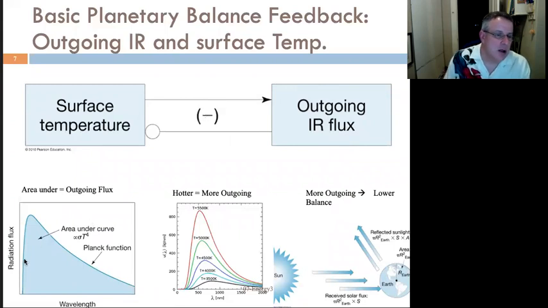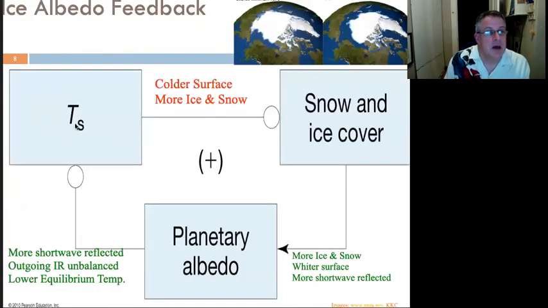Area under the curve goes like the temperature to the 4th power. This is called a Planck function. And so if we change the temperature like this, we're changing the area under the curve, and we're also changing the peak towards shorter and shorter wavelengths. So this is the kind of budget that we think of for the Earth, minus the atmosphere, minus the ocean feedbacks. But an interesting alternative is something like the ice albedo feedback,